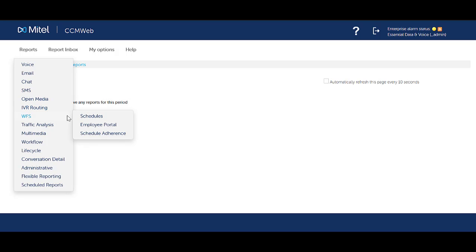WFS. Workforce scheduling reports are only applicable if you have purchased the workforce scheduling module and it has been configured on your solution. Speak to your system administrator. Additional costs may apply. Traffic analysis reports provides data on console attendance and route traffic only if these are configured